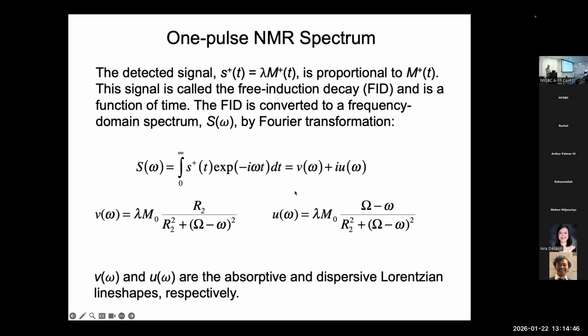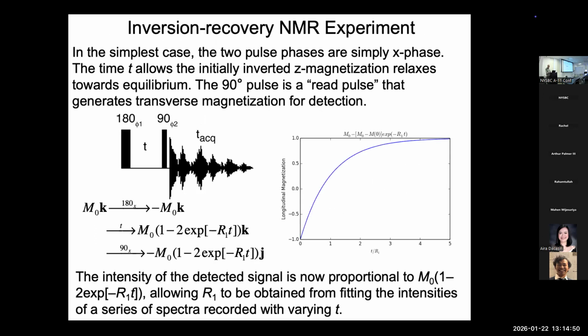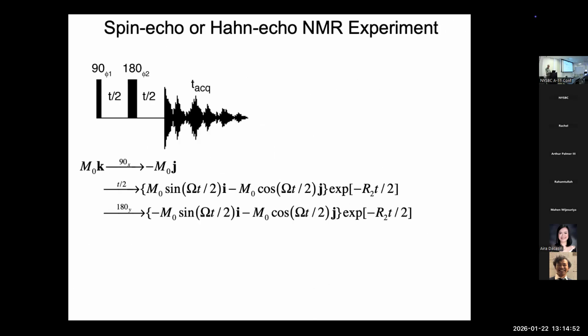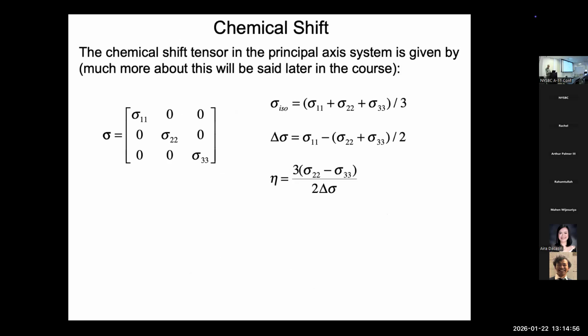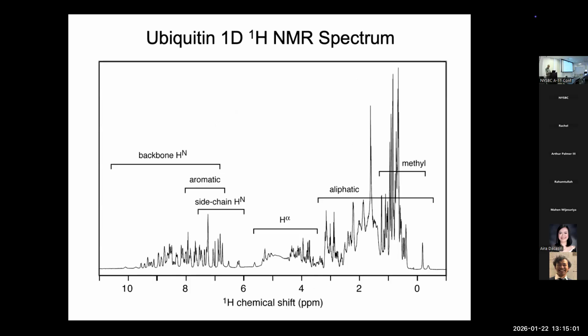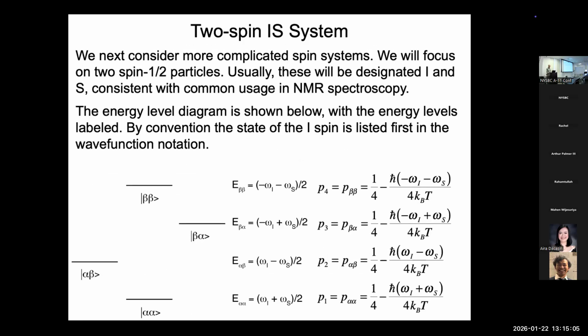But we can leave that. Anyhow, then we're back to the 1D spectrum. We talked a little bit about inversion recovery, etc. I'm going to skip over that for the time being